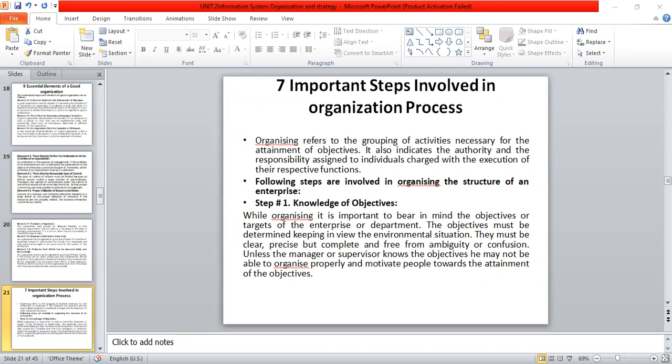Next, we learned 7 requirements of a sound organization. These are the requirements which we learned yesterday. First one is realization of objectives. In that you should have a proper idea of your objective,